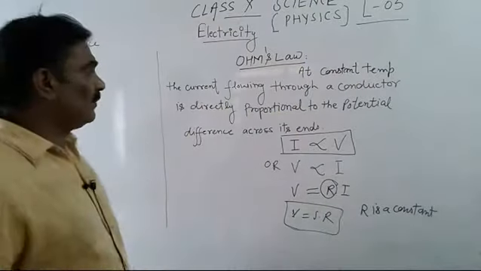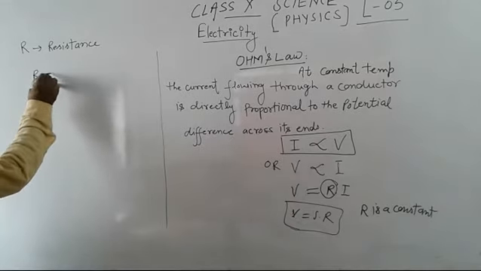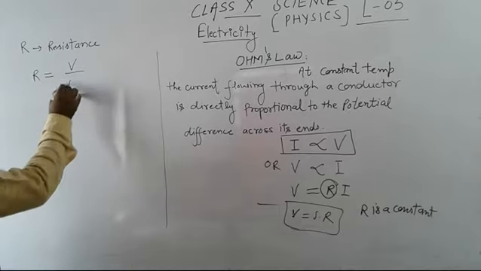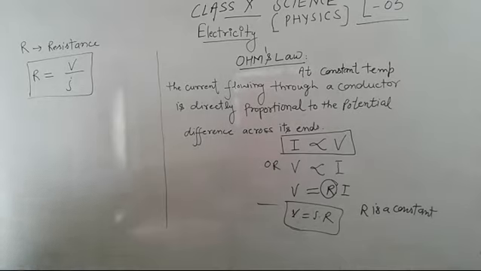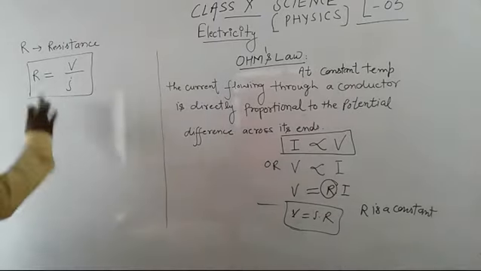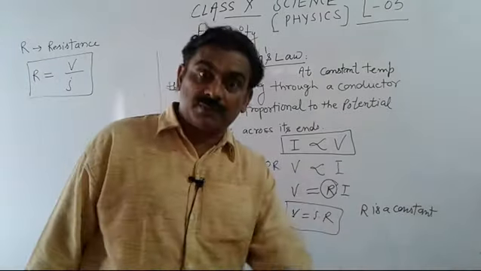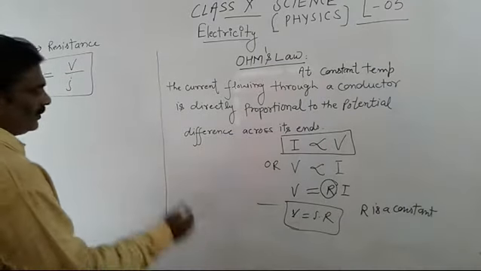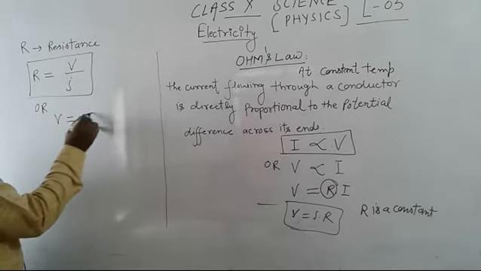Certainly I will explain it, but here, from this equation, R is equal to V upon I. That is, resistance is inversely proportional to electric current. So students, here if we want to write V is equal to I into R,